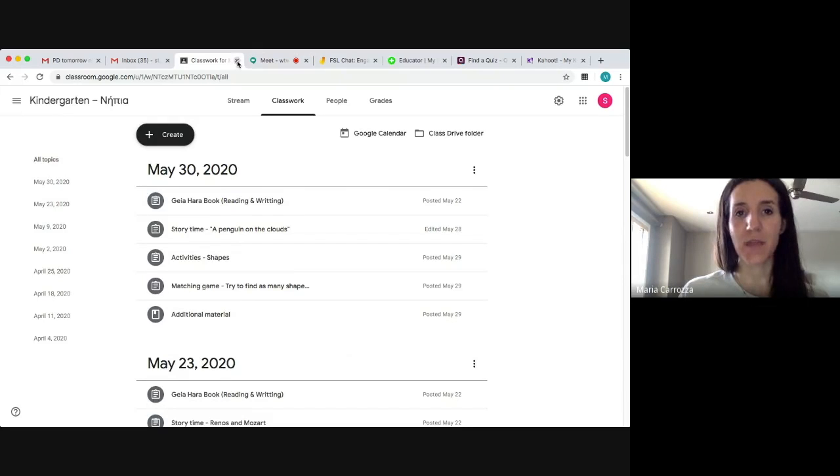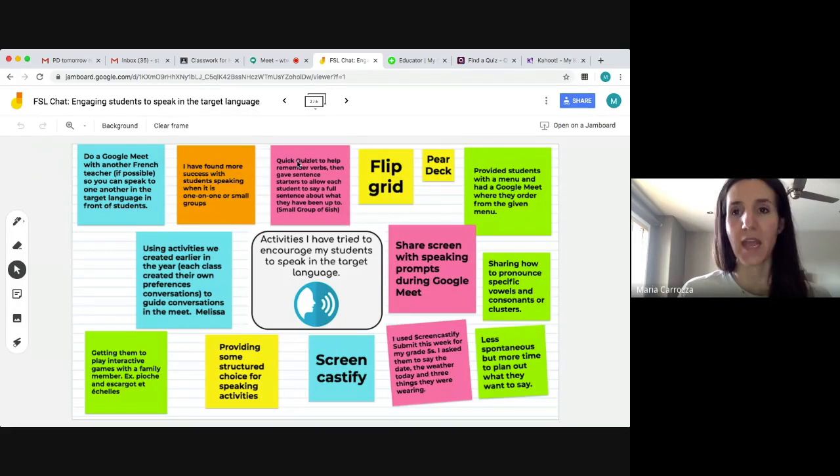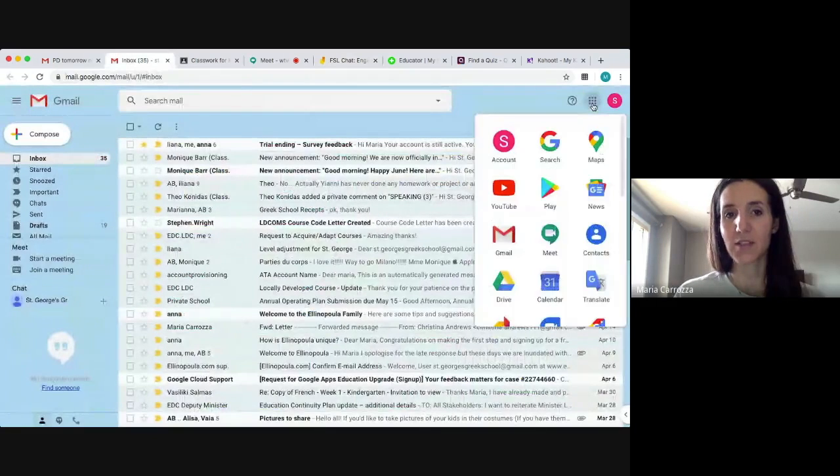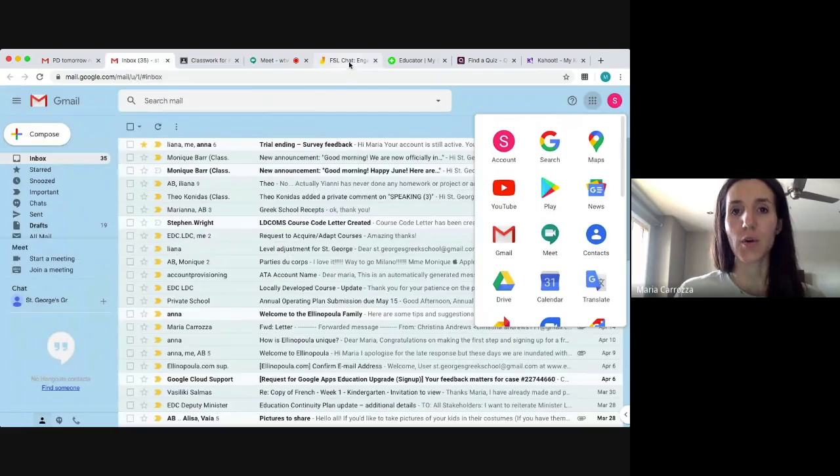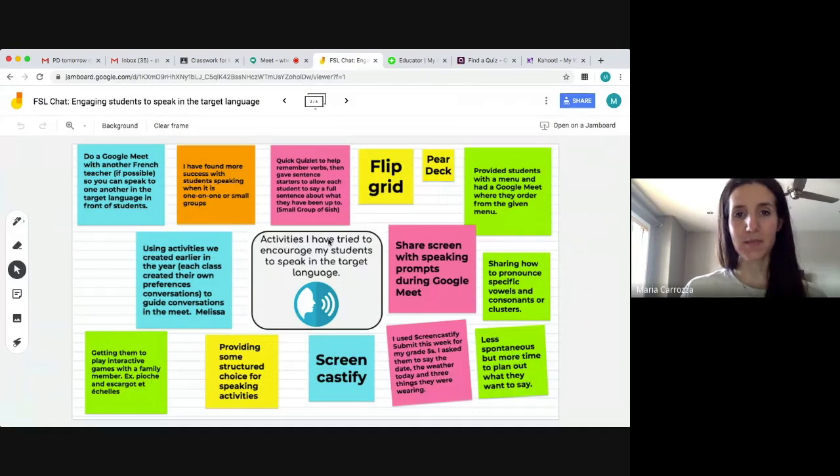Now, aside from that, I'm going to go to my next one. So this one is if you are using Google applications. It's called Jamboard. And Jamboard is found, so if I go here on my email, this is your application here. All your applications are on the side, so that's where you would download from. So on Jamboard, this is my FSL